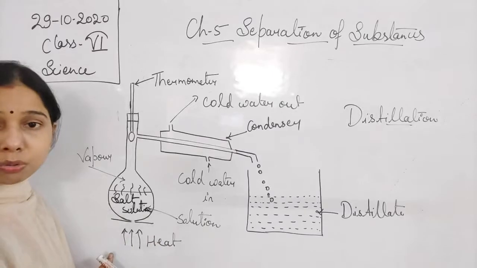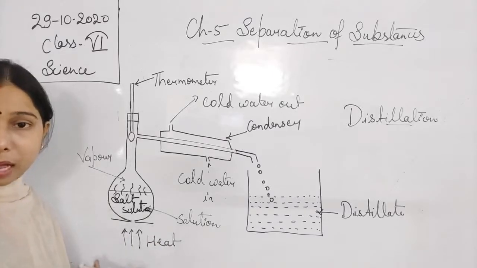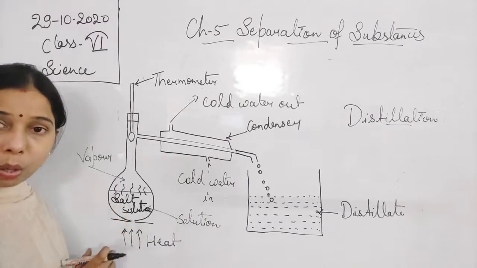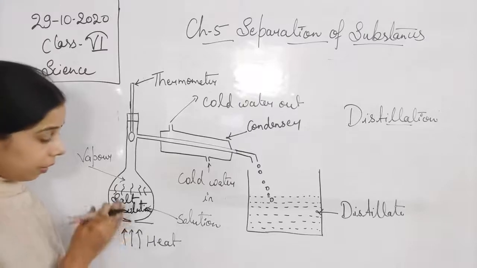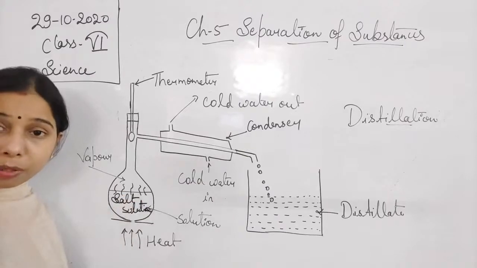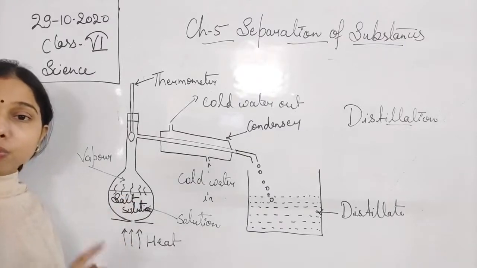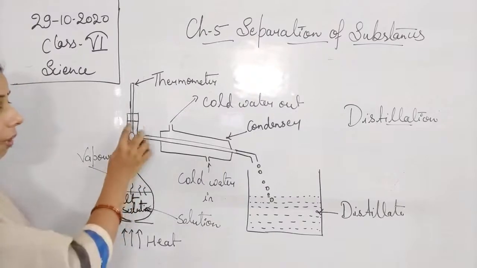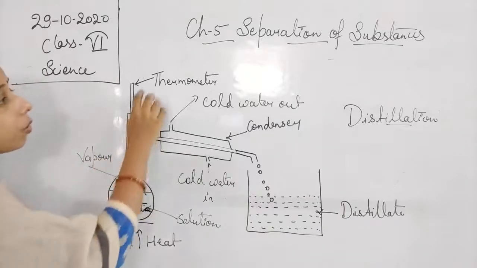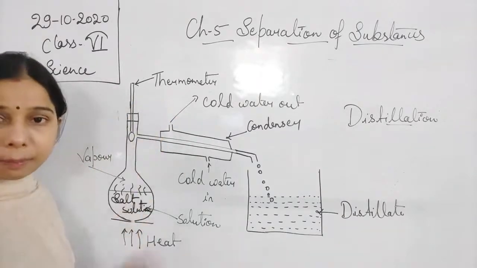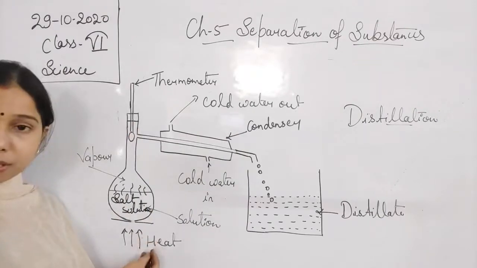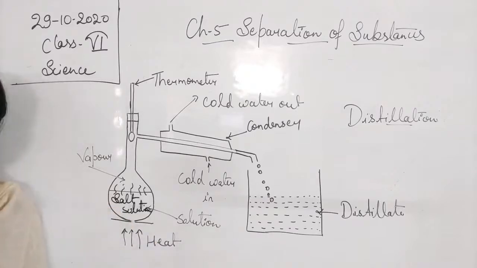When you apply heat to it, due to the continuous supply of heat, this liquid, which consists of a solid also, or the salt solution, the water which is present in it starts evaporating. Now this water evaporating means it gets converted into water vapor, and this water vapor will be present here in this whole tube. Here, students, we have taken a thermometer to measure the temperature. An increase in the temperature will show that the heat is increasing, due to which the water gets easily evaporated.